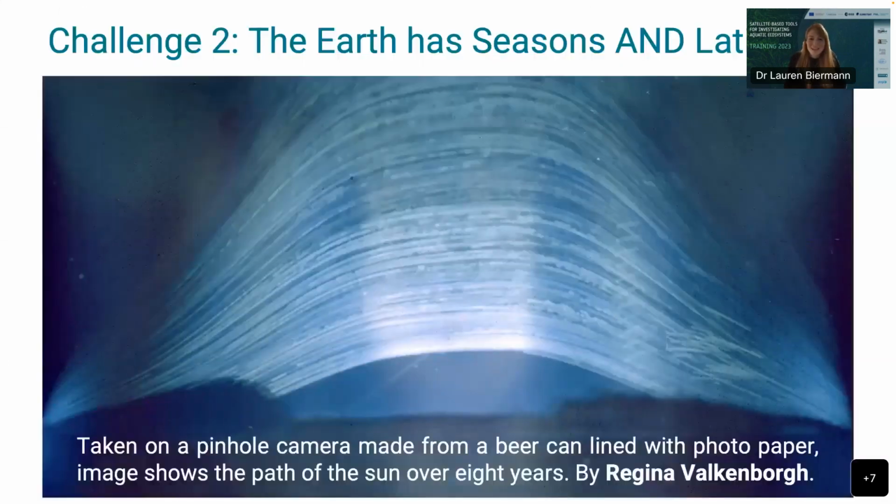The second challenge is that the Earth has seasons and latitudes. Now, this picture is amazing. Regina Falkenberg made a pinhole camera and she put it in an observatory near her university, and then she proceeded to forget about it completely for 8 years. And when it was found, it had collected 8 years worth of data of the sun moving across the hemispheres. And so what we can see is what the sunlight path looks like in winter and in summer,